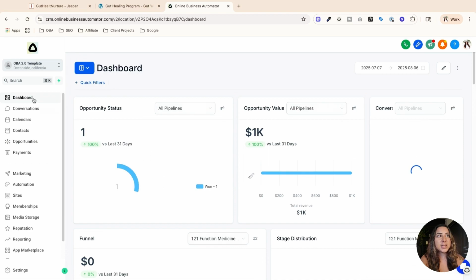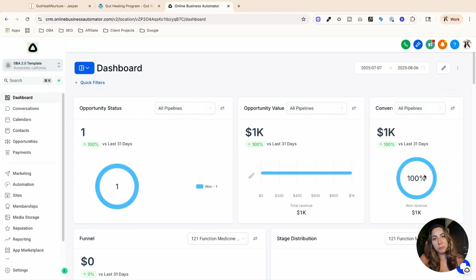So when we go back to the dashboard, we're going to see here that our conversion rate is 100%, 1 out of 1. We've closed 1K in sales. So now we can start to track the performance of our marketing initiatives, our sales initiatives based on the opportunities in a specific pipeline. So this is where you can start to see a lot of value in it,